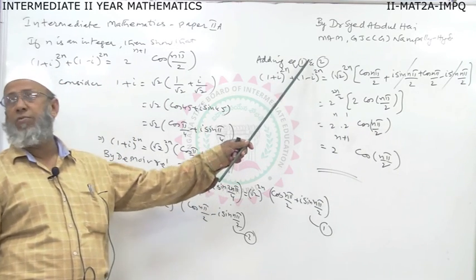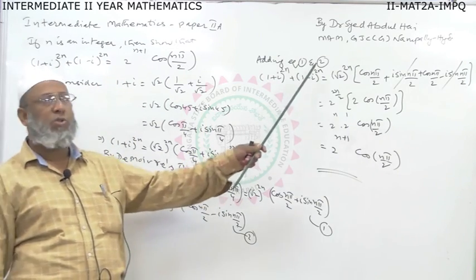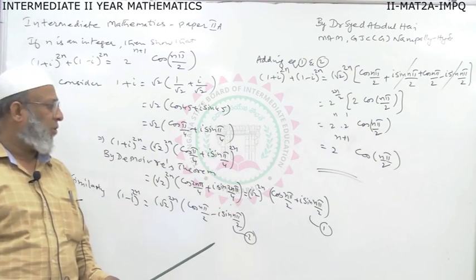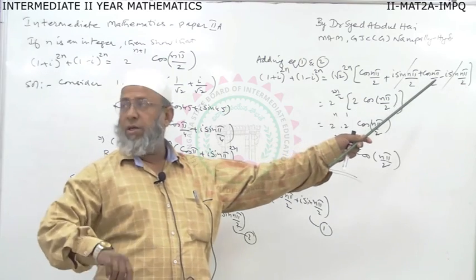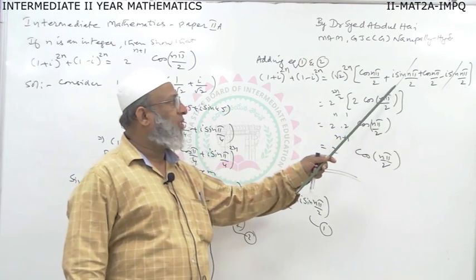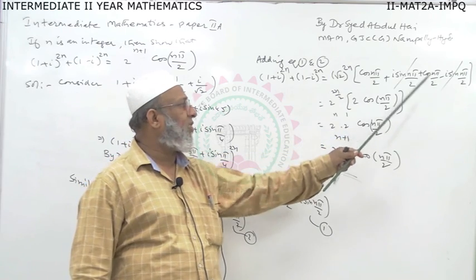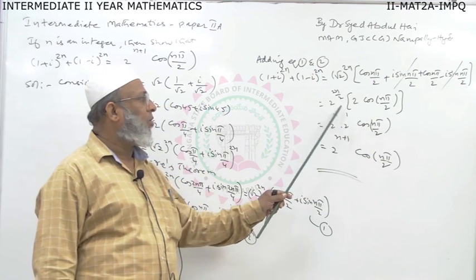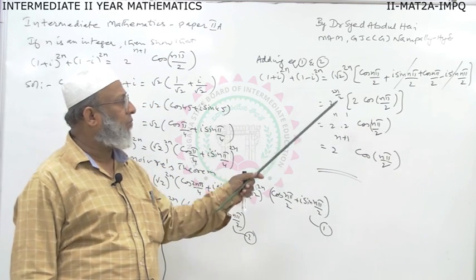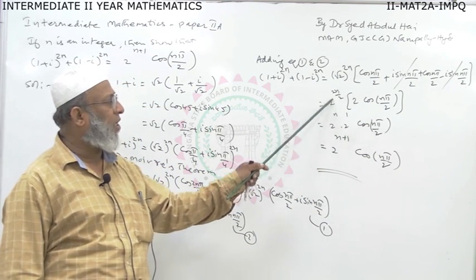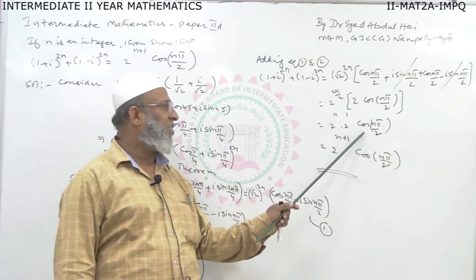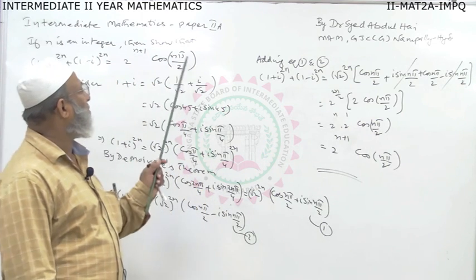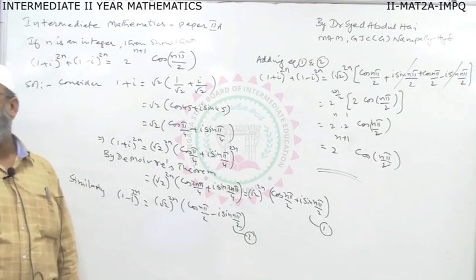Now, adding equations 1 and 2, 1 plus i power of 2n plus 1 minus i power of 2n is equal to root 2 power of 2n, which is common. What is inside? Cos n pi by 2 plus i sin n pi by 2 plus cos n pi by 2 minus i sin n pi by 2. The plus i sin n pi by 2 and minus i sin n pi by 2 cancel each other, which gives cos n pi by 2 plus cos n pi by 2 equal to 2 cos n pi by 2. Root 2 power of 2n, the 2s cancel, is 2 power of n into 2 cos n pi by 2. Base is same, powers will be added, 2 power of n plus 1 into cos n pi by 2. So my answer is 2 power of n plus 1 into cos n pi by 2.